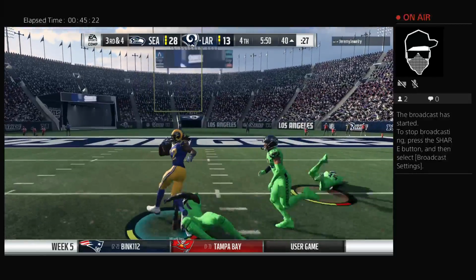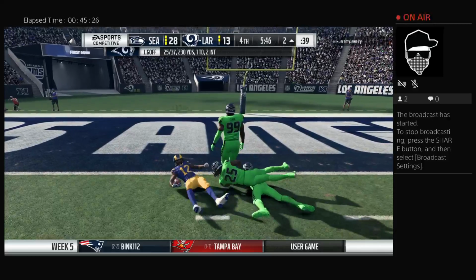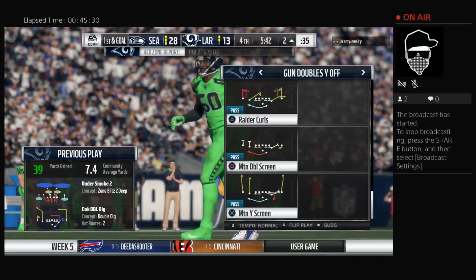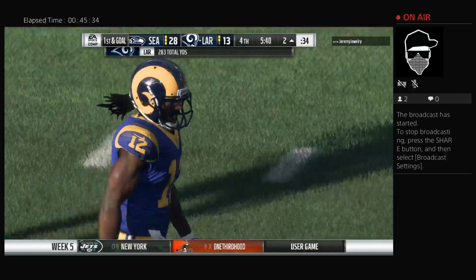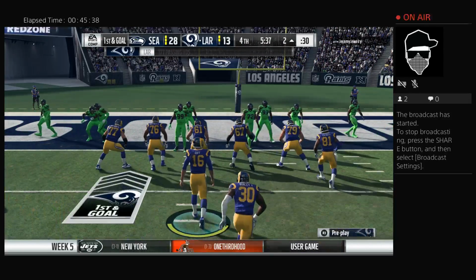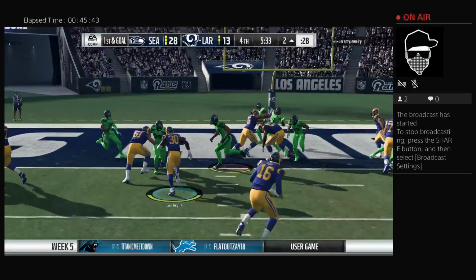And this is caught by Watkins. And they do stop him, but he takes it all the way to the 2. They're able to convert on third down, and that sets up a 1st and goal. In a 2-score game, obviously, every play, every third down, like we saw there, is magnified. Big pickup. It was a huge pickup. What they really want, though, is to not even get to...